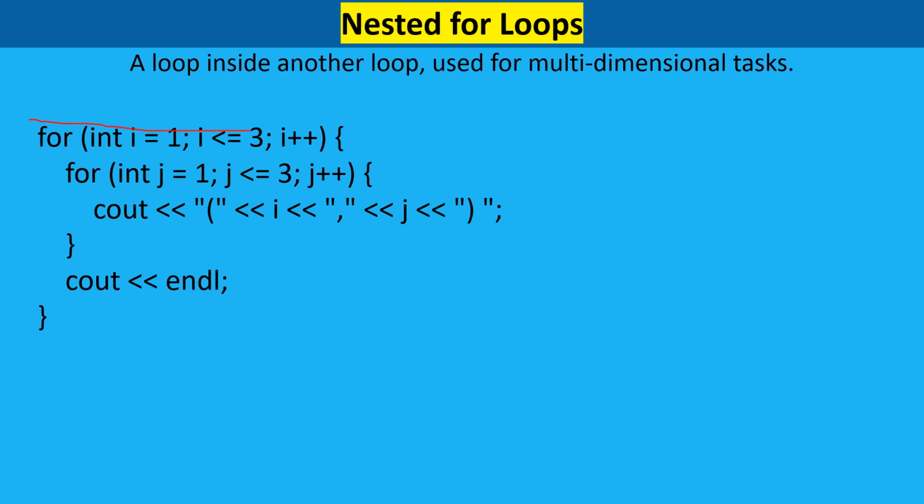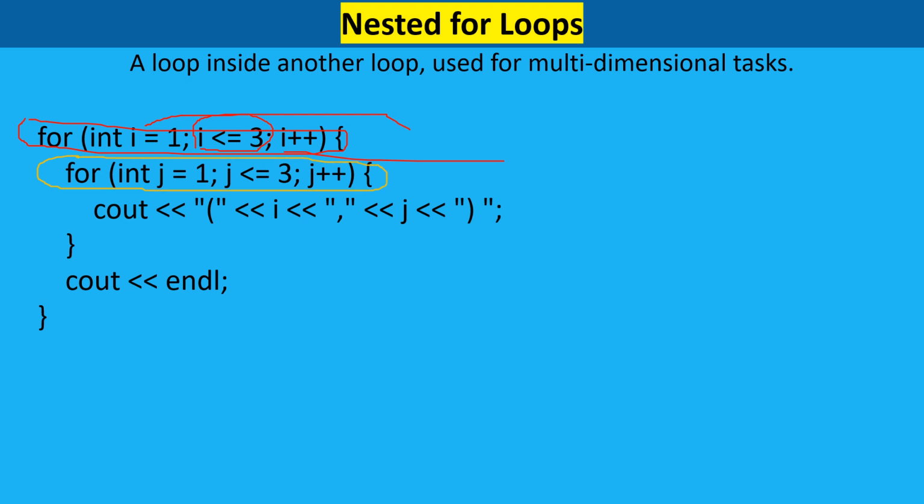First, the outer loop. I is set to 1, and the loop is executed as long as I is less than or equal to 3, incrementing by 1 after each iteration. And this one is